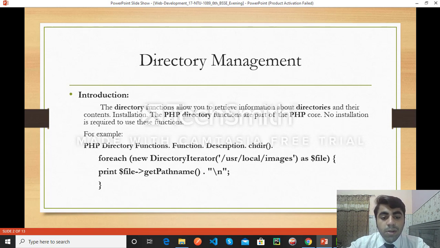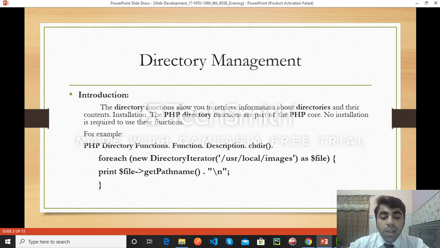Directory management, if we see it in programming, firstly I will explain about the directory. chdir is a directory function. It means change directory.